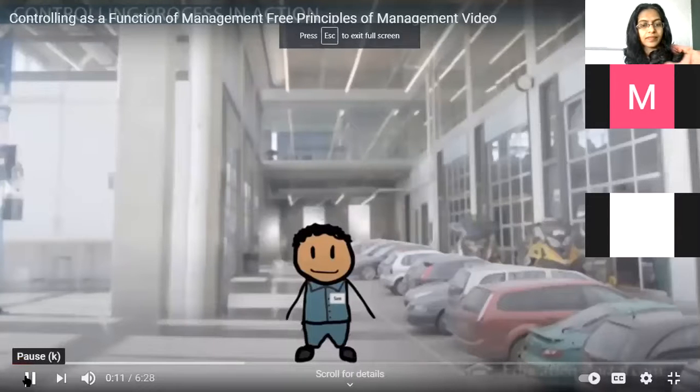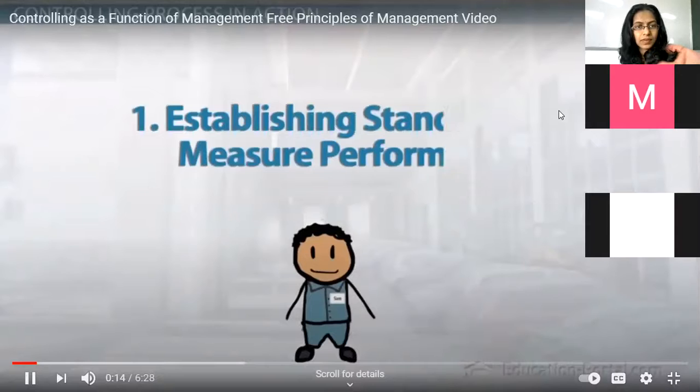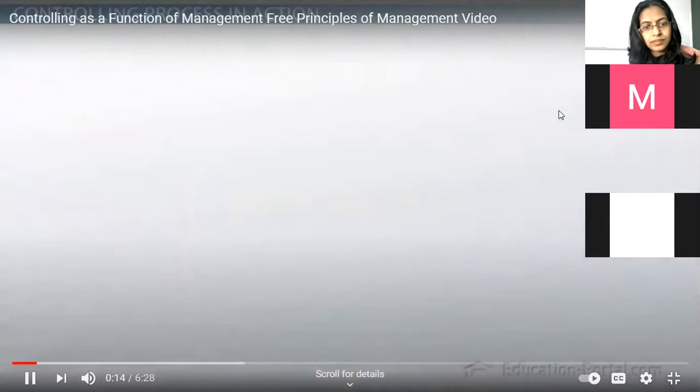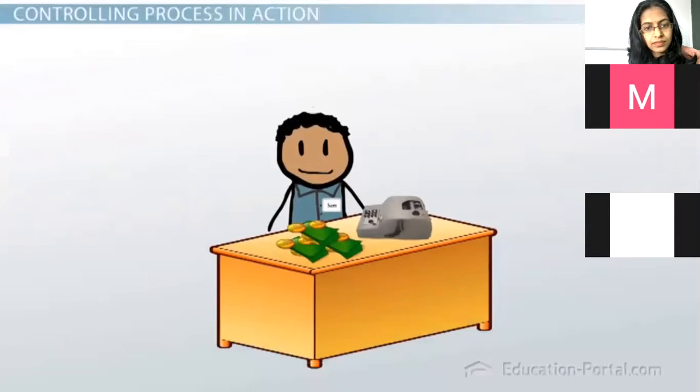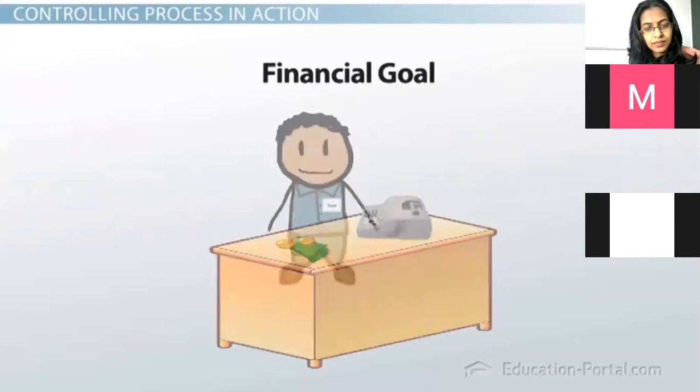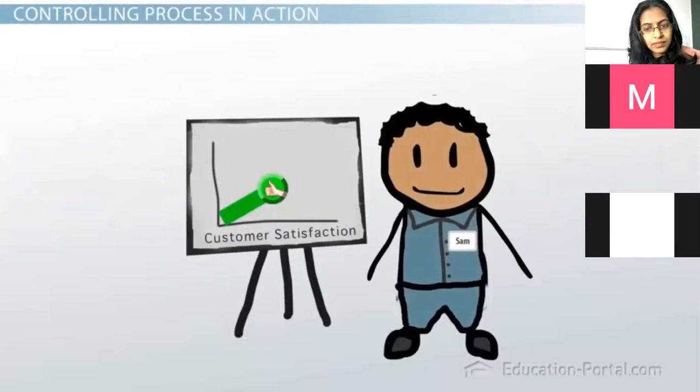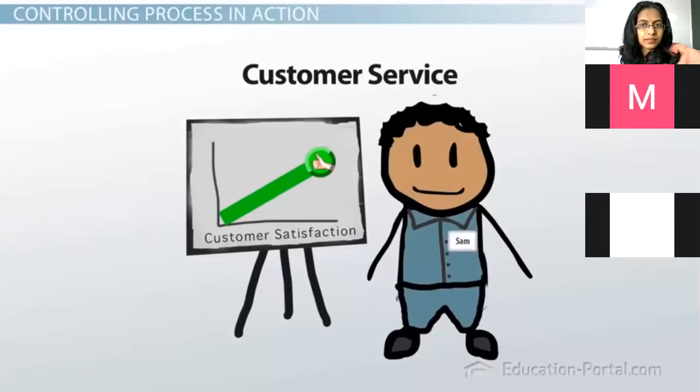Requirements for his business. Sam is working on the first step, establishing standards to measure performance. Sam wants to make $100,000 more this year than he did last year so he can replace older equipment in the repair shop. Raising the price of repairs can do this. This is a financial goal. It is important not to take customers for granted. A goal to increase customer satisfaction from 84% last year to 90% this year is set. Customer service satisfaction must increase by 6% this year. This is a customer service related goal.